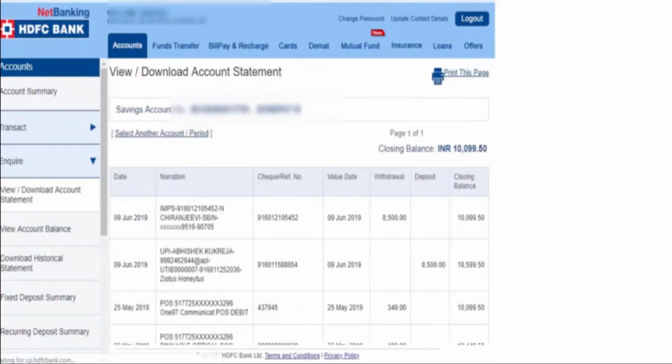View the account details, and take a screenshot of these last 10 transactions.